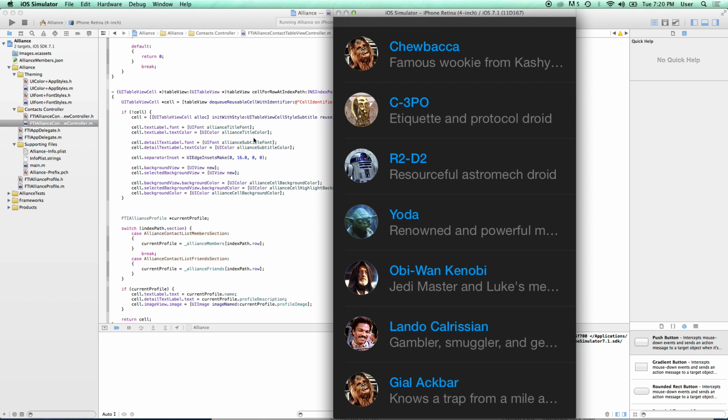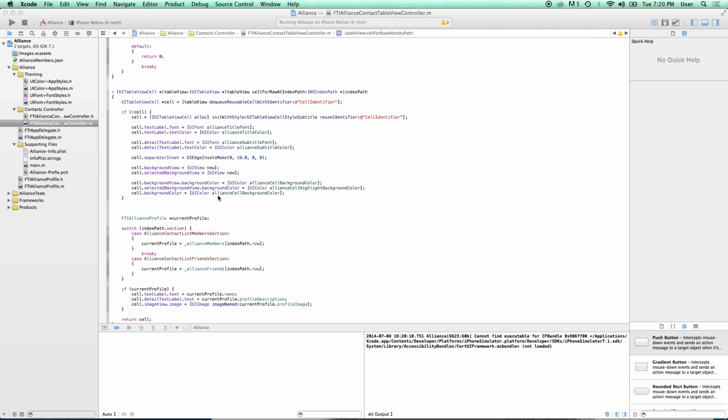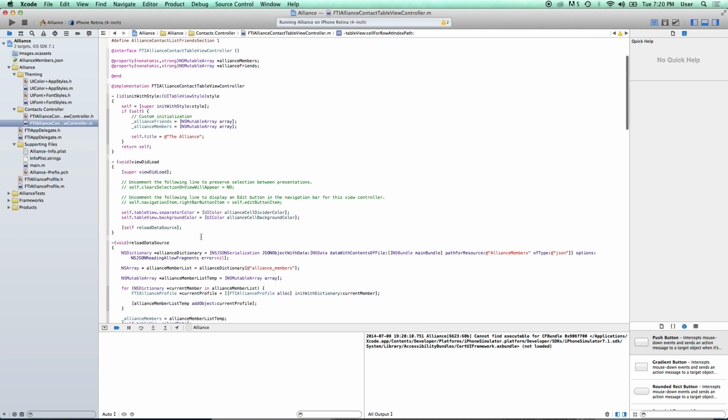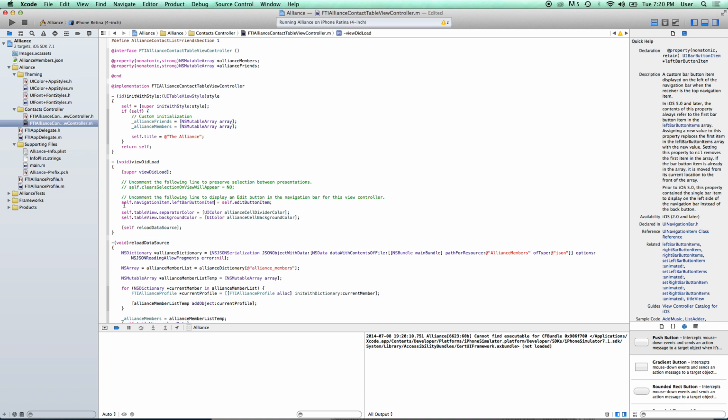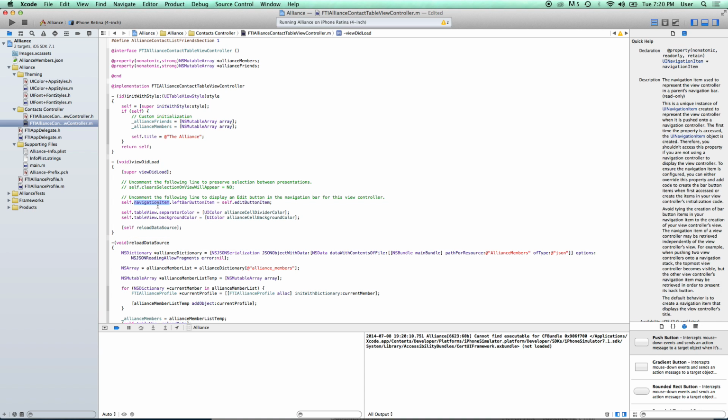So the next thing is, let's get some buttons in. So up here, we already have some buttons. And specifically, this is one of them that's built in that you just have to uncomment if you want it. And we're going to change it from the right bar button to the left bar button. And again, so right here you have your self, which is our view controller. You have a navigation item. And this is an object that the navigation controller observes to populate things on the nav controller so that we don't manually set them